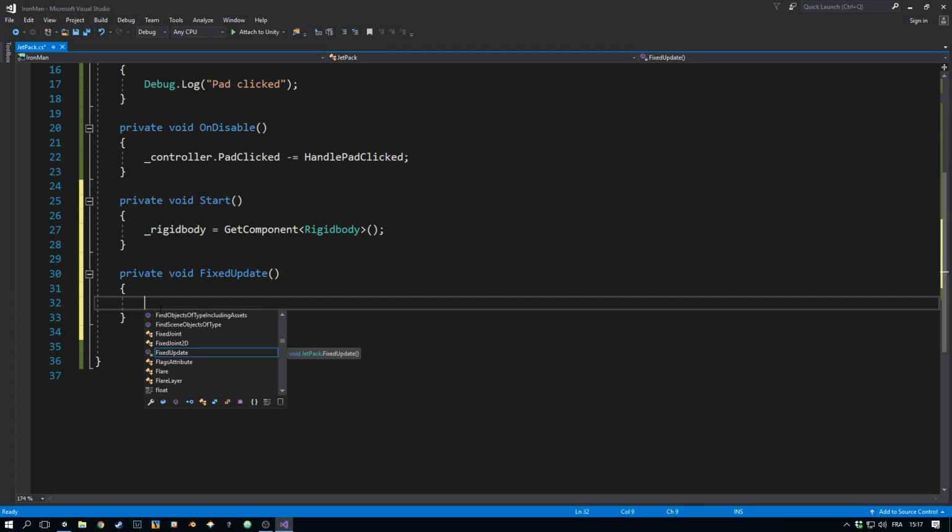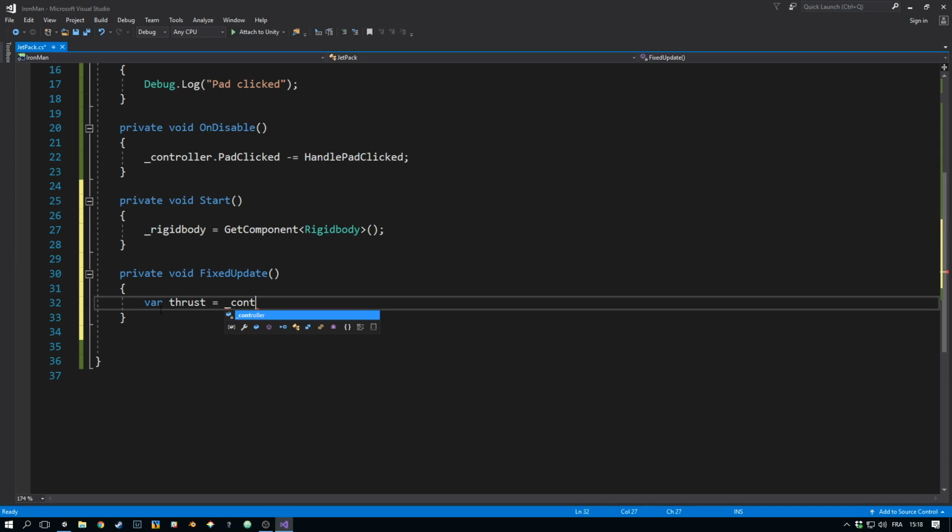So the trigger is the button that is below the controller. So I want to be able to read this value. Unfortunately, Steam provides us with nice access to this. So let's say variable thrust equals controller state